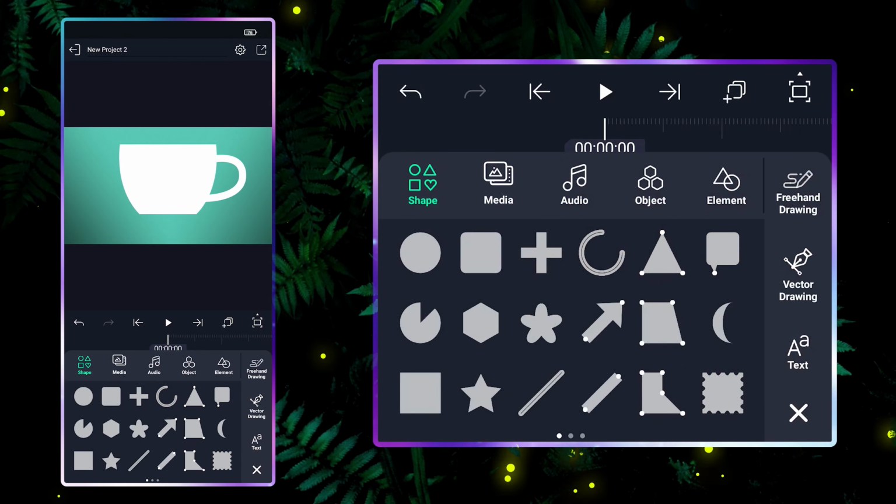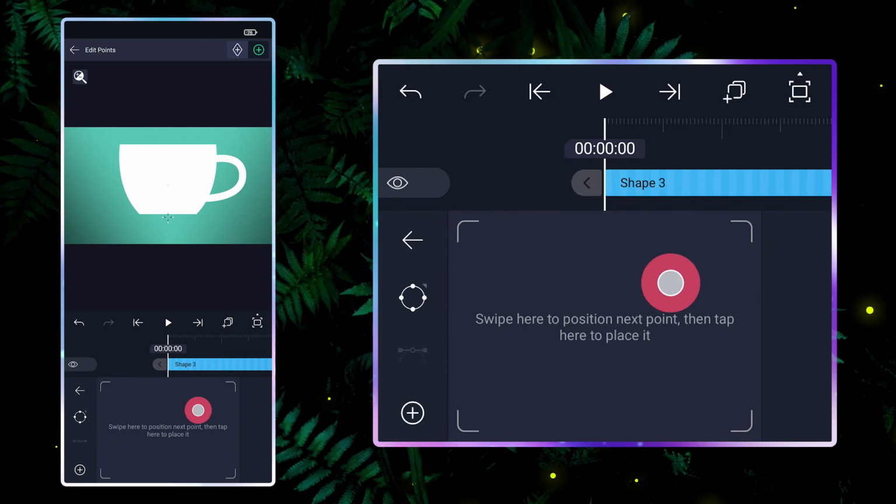Next, draw the half of a plate using the vector drawing tool.